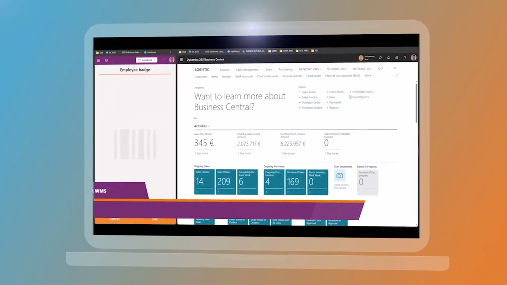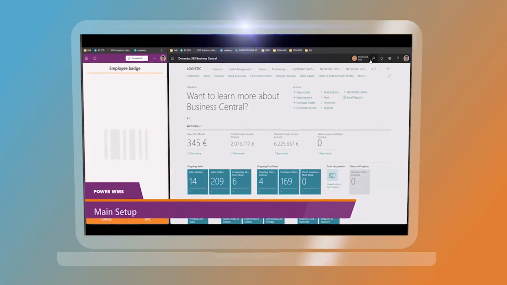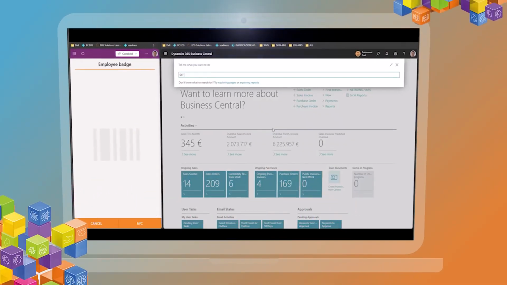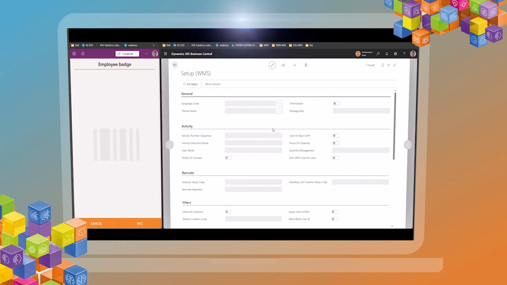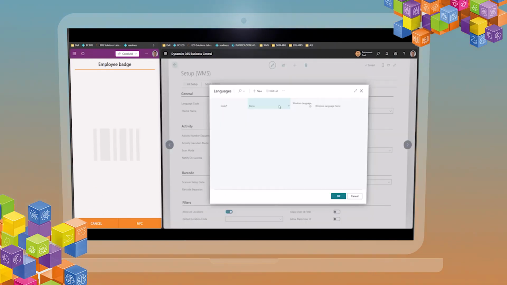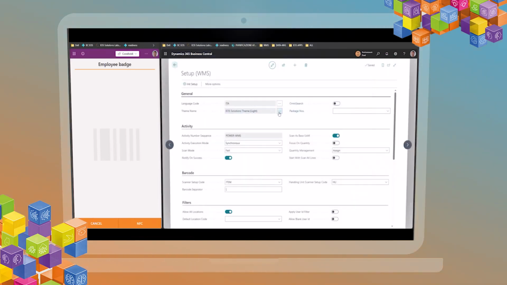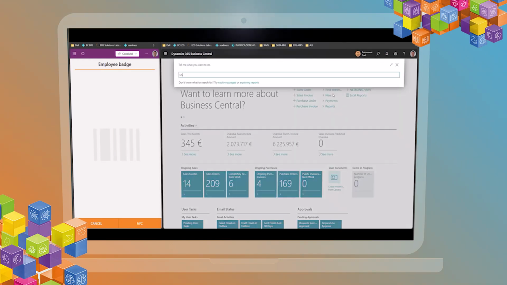First of all, to use the WMS Power Up, we have to create the setup in Business Central by searching setup WMS, initializing it by clicking on init setup, where we can choose the language code. For example, it's mapped to English and Italian, and also the theme, which is the color of the app. After that, we have to search in Business Central user list,